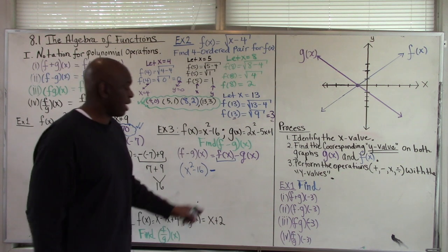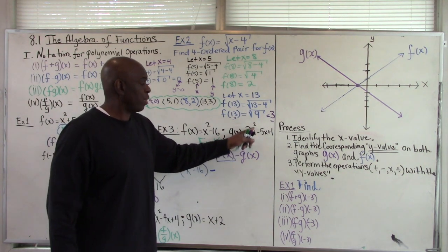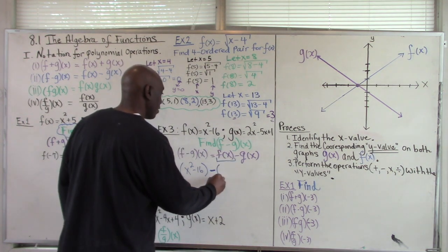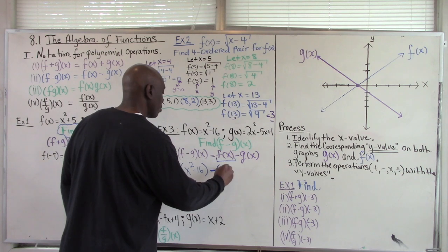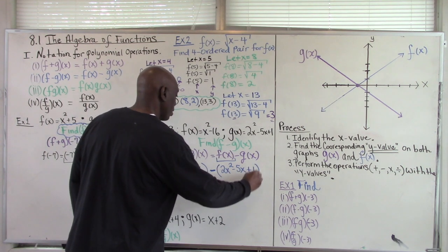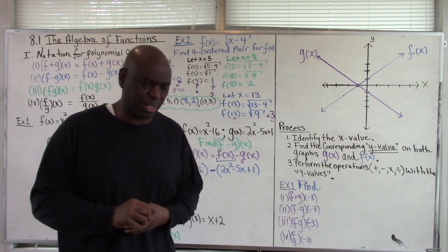Okay, very good. Now what is g of x? G of x is 2x squared minus 5x plus 1. Okay. 2x squared minus 5x plus 1. There you go. Now we're back at lesson, oh gosh, I can't remember what it was,